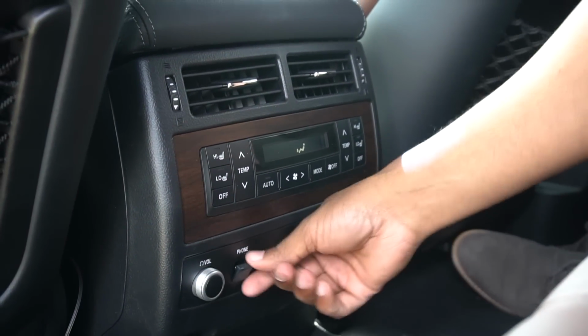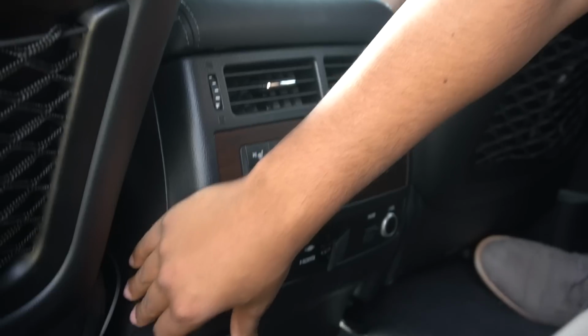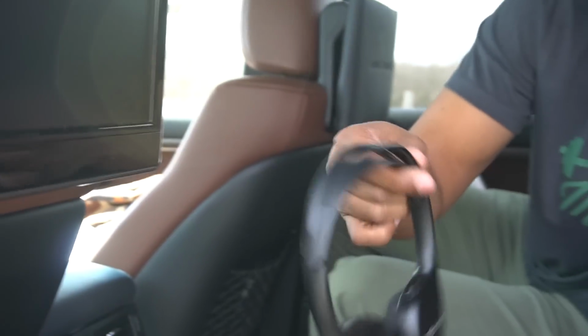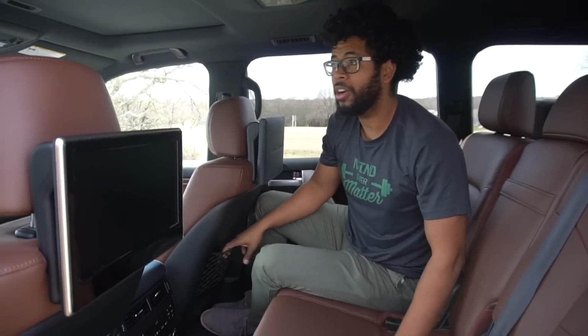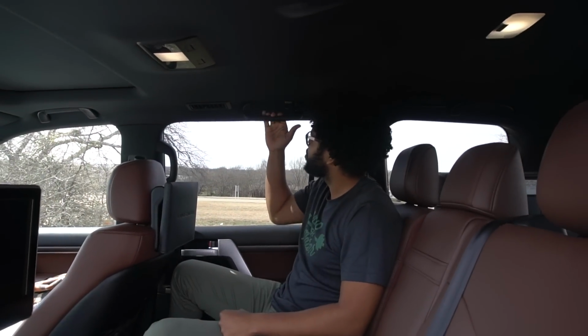You're going to have volume there for your headphone jacks, HDMI port, 12 volt way down here, and then of course all of your AC controls with your vents. You even have your own headphones that go with the screens that say Toyota on them. Pretty cool wireless Bluetooth headphones. Of course, 2 map pockets back here. You do have LED lighting back here as well,